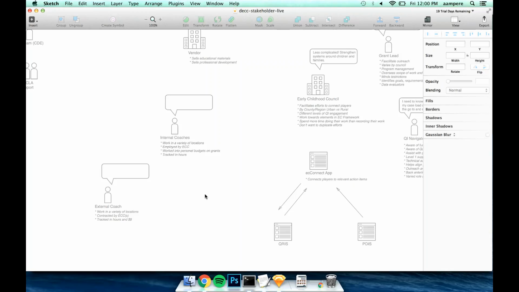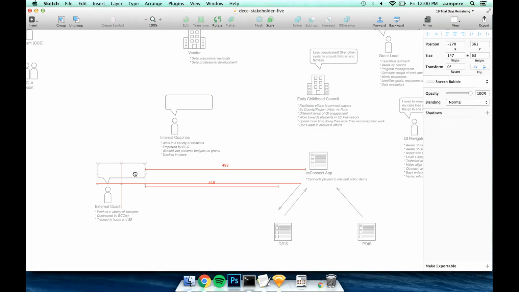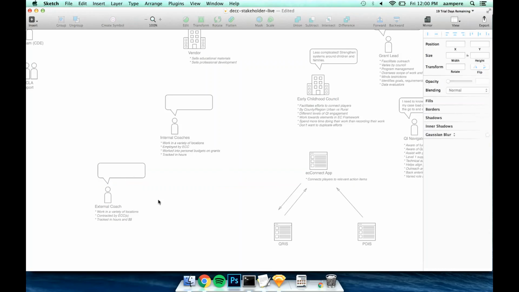Yeah, so maybe we can explore that a little bit more. What differences in the outputs of the system would cause it to be more meaningful to you? Or maybe there needs to be a change in what's input into and meaningful to the coaches in particular, because they're the ones, in our case, putting the data in. So if they're only going to put in what they feel is valuable to come back out of it, and right now it's numbers.